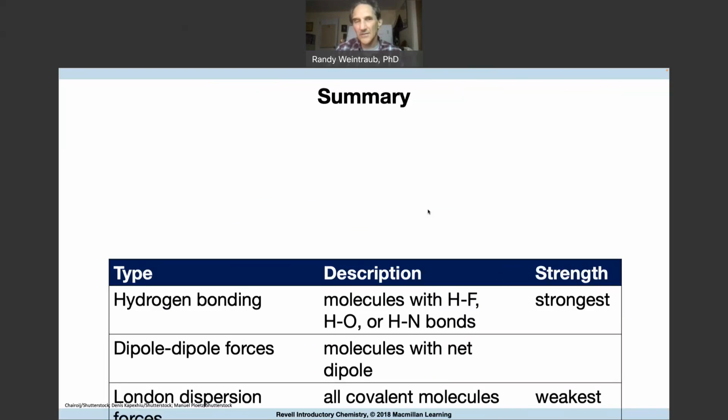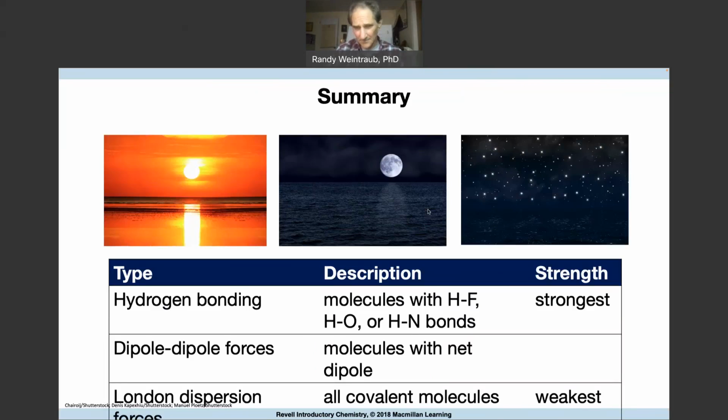Hydrogen bonding is the strongest, resulting in the highest melting points and boiling points. When describing interactions, we focus on the strongest interactions between features of